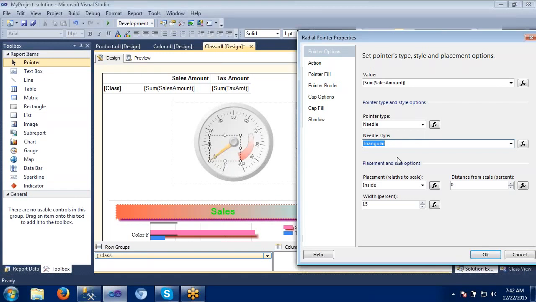If you see this one, each option has effects, meaning each option can be handled by using expressions. It is such a powerful option which we can use in the expressions. That's why I have taken the complete session on the expressions itself. So we have covered 70% of all the options in the expressions. Try to use these expressions whenever you feel it is needed.